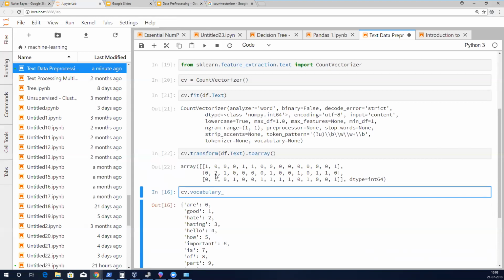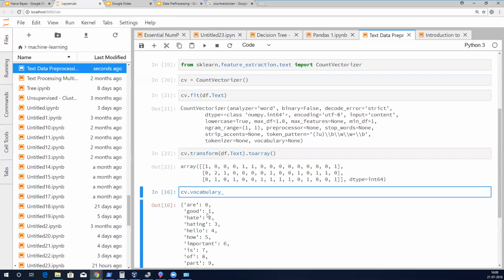Is it clear? How are you correlating the array, this one to this one, like correlation?